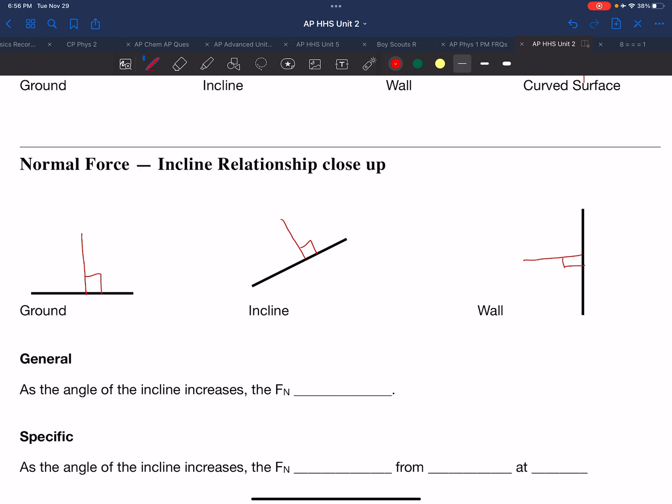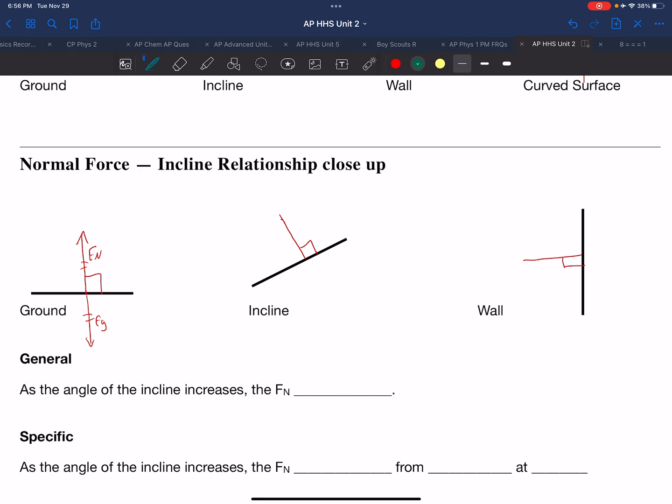Now, when we did our problem in the last case, we had an object sitting on a flat table. And what was going on is we had our force normal, and it was opposed by the force of gravity, and they were equal and opposite to each other. Now, when we change the angle or the orientation of this,